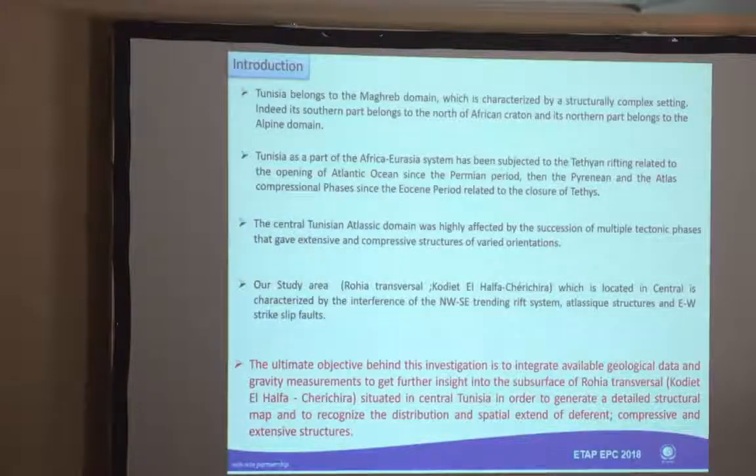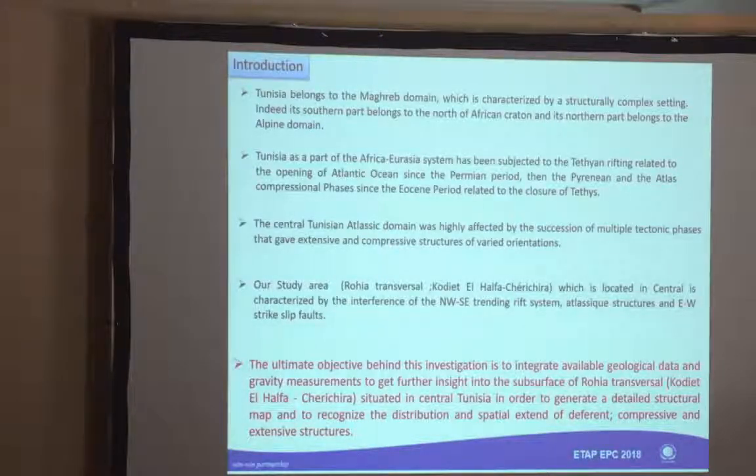Let's start with the introduction. Tunisia belongs to the Maghreb domain, which is characterized by a structurally complex setting. Indeed, its southern part belongs to the north of the African Craton, and its northern part belongs to the Alpine domain. Tunisia, as a part of the Africa-Eurasia system, has been subjected to the Tethyan rifting related to the opening of the Atlantic Ocean since the Permian period, then the Pyrenean and the Atlas compressional phases since the Eocene period related to